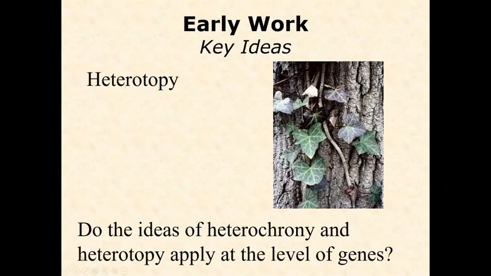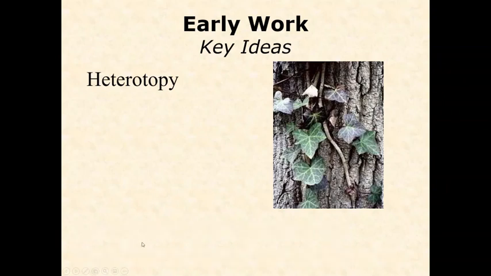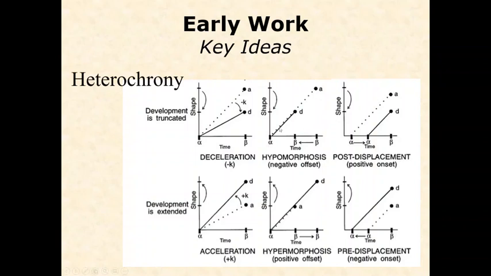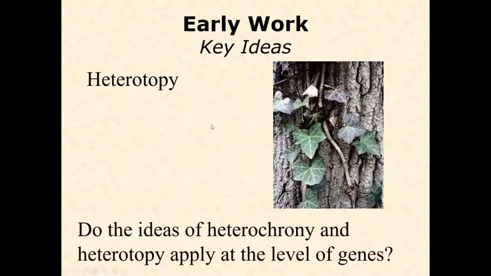So I'm not talking so much about heterotopy in the genome sense, where is it found in the genome, but more of where is that gene used? What parts of the body is the gene expressed in during early development? And in fact, what we might discover, and we will in some cases, is that at the morphological level, a heterochrony can be traced down to an exact heterochrony at the genetic level. Certainly also with heterotopy, if we change the location of where genes are expressed during development, we're going to get structures that look like the structure they were supposed to be, but growing in a completely